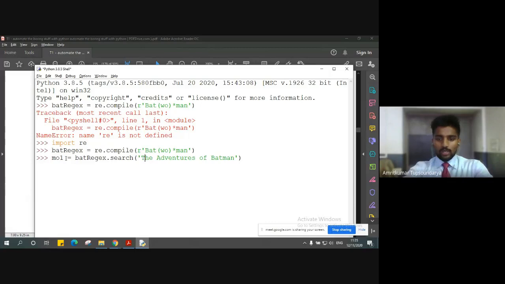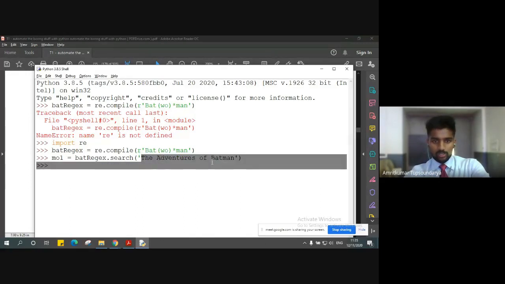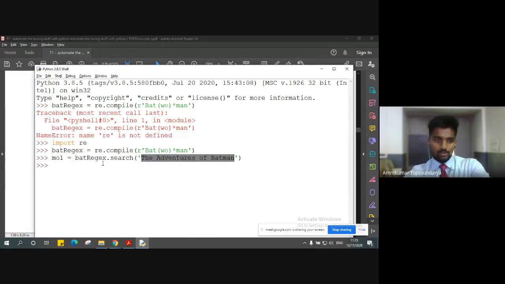When I hit enter, it has searched the regular expression within the string and stored the matched object in the variable mo1. To view that matched object, you can give mo1.group(), and when you hit enter, you can see the output, Batman. That was the regular expression that was matched.